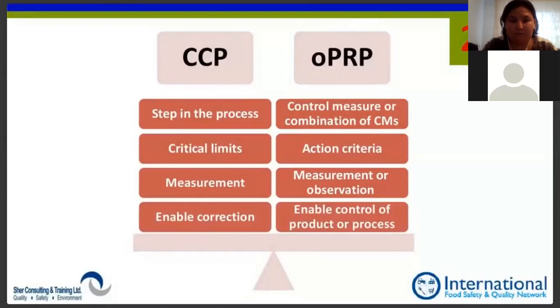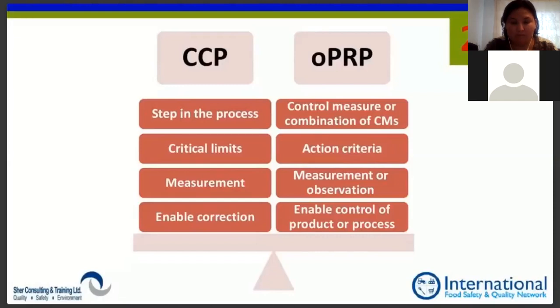Now, this is a really important difference between them. One of the ones I don't like, but we have to learn to live with. Because we're not measuring something, there may be cases where we're talking about control of the product or process. And the way we understand that is when we have a violation of a CCP, then we immediately stop, and our reaction is immediate. We know that we had a violation within hours, and it can be corrected.